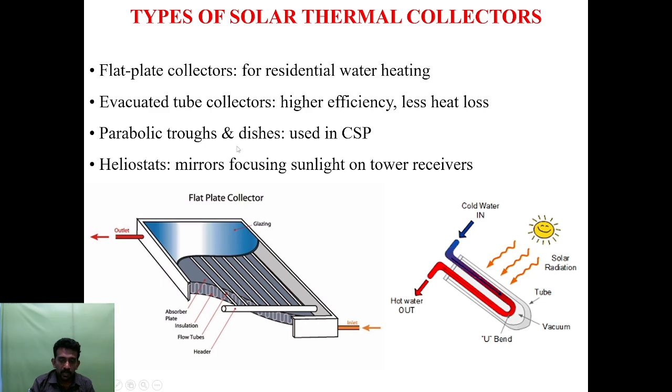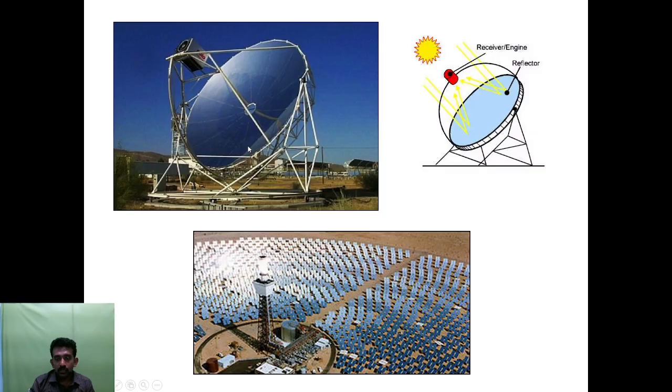Next are the parabolic troughs and dishes. It is used in combined solar power production. This is the parabolic dish, or parabolic trough. It looks like a receiver of a communication signal, has an aluminum coating, and is supported by bars. All the rays falling over the dish are collected at the central focal point, where the working fluid, that is the heat transfer fluid, is transferred, and the power is